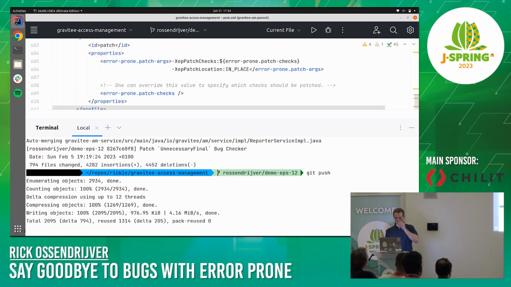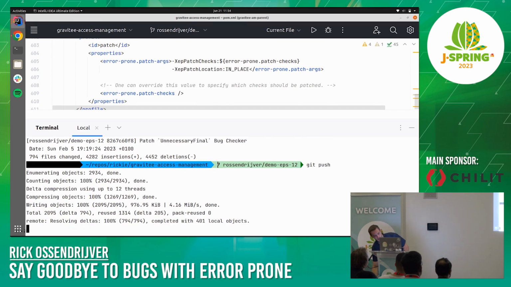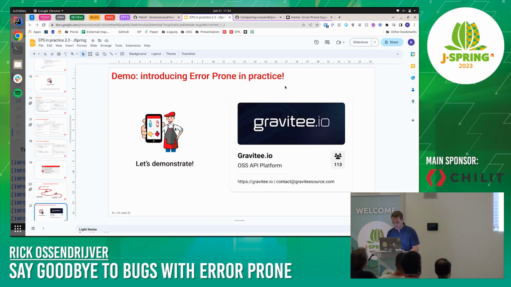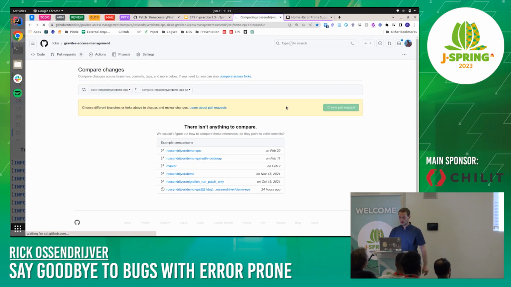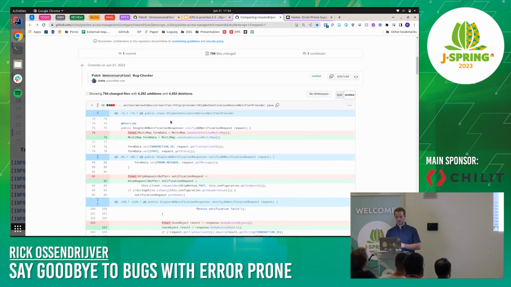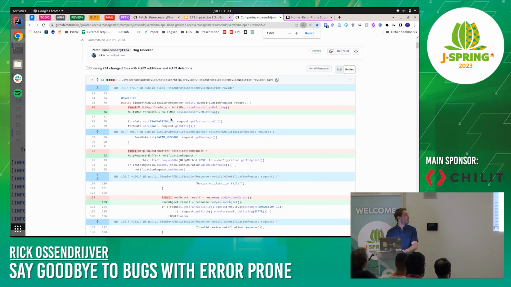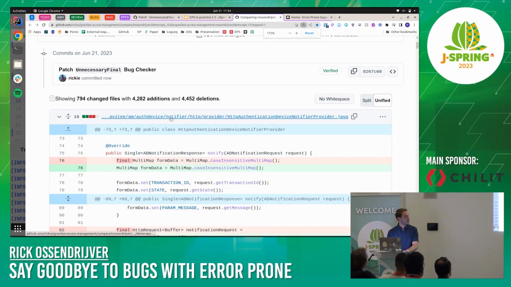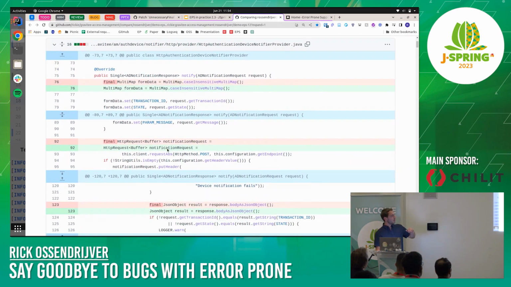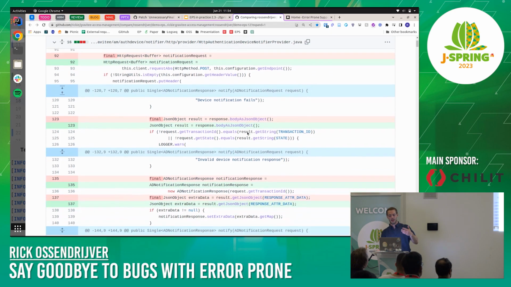Let me push this. So indeed, the unnecessary final bug checker ran over our code, and what you can see is that, let me make it a bit bigger. Is this fine? Cool. What we see is that indeed a lot of final keywords are simply removed, but when